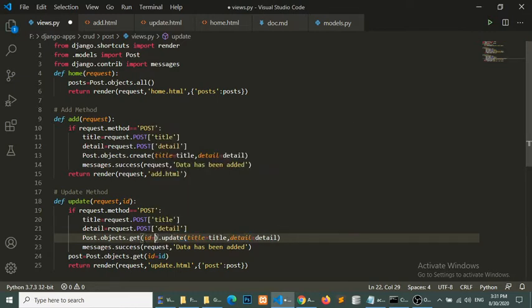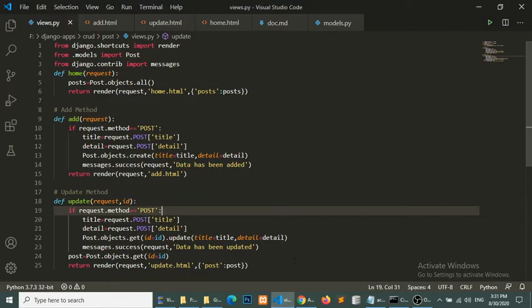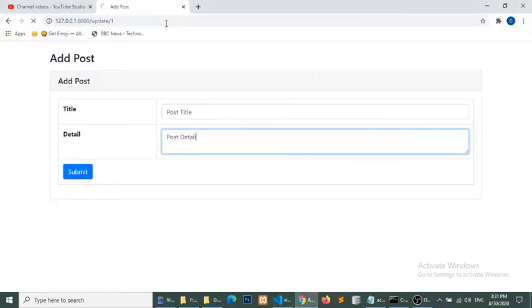So here I will do this ID, and I will change the message to updated. So now our data will be updated and show the latest data. So let's check this. Post title 1, post detail 1.